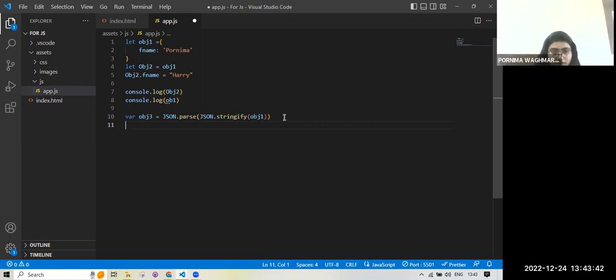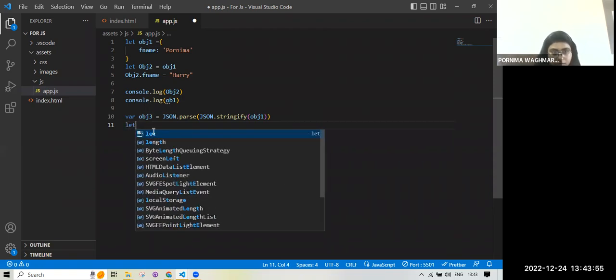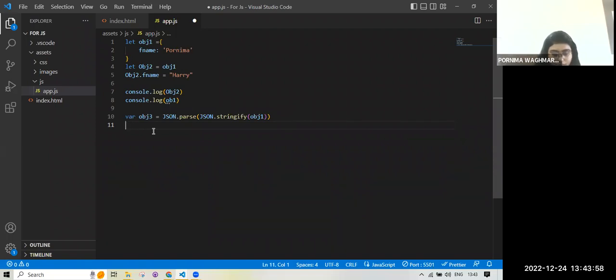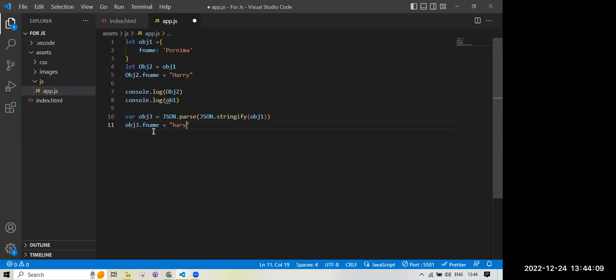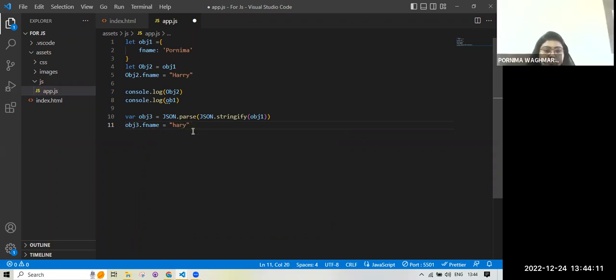Then after that we make changes, like object3.fname equals something. Okay, I got it. And we can also overcome it by using the spread operator.